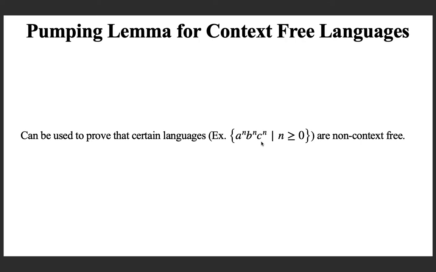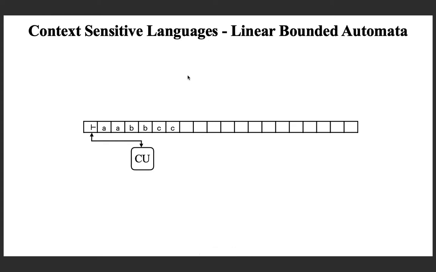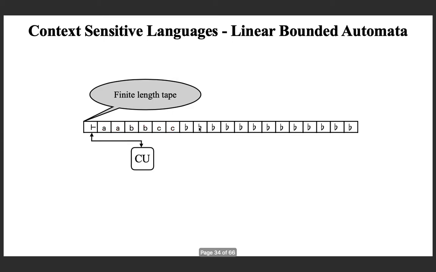Okay. And after context free languages, we will discuss the next powerful class of languages, which is called context sensitive languages, and the automata accepting this class of languages is called linear bounded automata. Here is the generic structure of a linear bounded automaton, and what is it? You have a finite length tape, here again finite, where maybe the input is stored after the left hand marker. This is the input, and we can assume that all the other tape symbols are blank. This is called a blank symbol, meaning nothing is there.